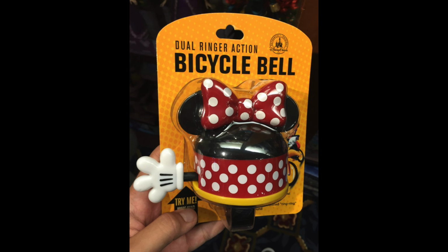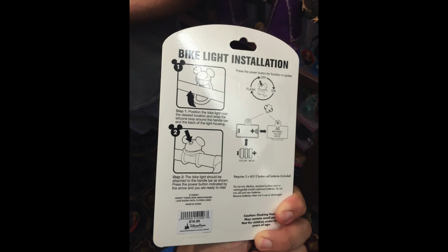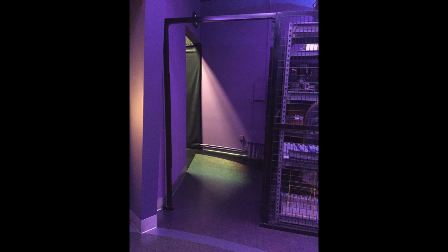And last but not least, there is an ultra bright LED bike light. All 3 of those items are $16.99 and are just starting to arrive around Walt Disney World property and are indeed Disney Parks exclusive. Over at the Imagination Pavilion, Journey into Imagination, we keep seeing some weird things happen,